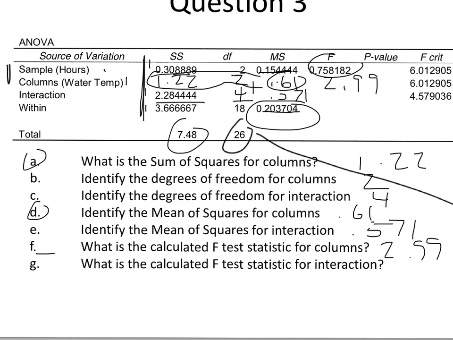And then we'll do the same thing for the last question on this part, which is what is the calculated F statistic for interaction? And we divide this 0.571 here by 0.203704, and we get 2.80. So we've answered all of these, and now we can kind of get an idea of where we're going here